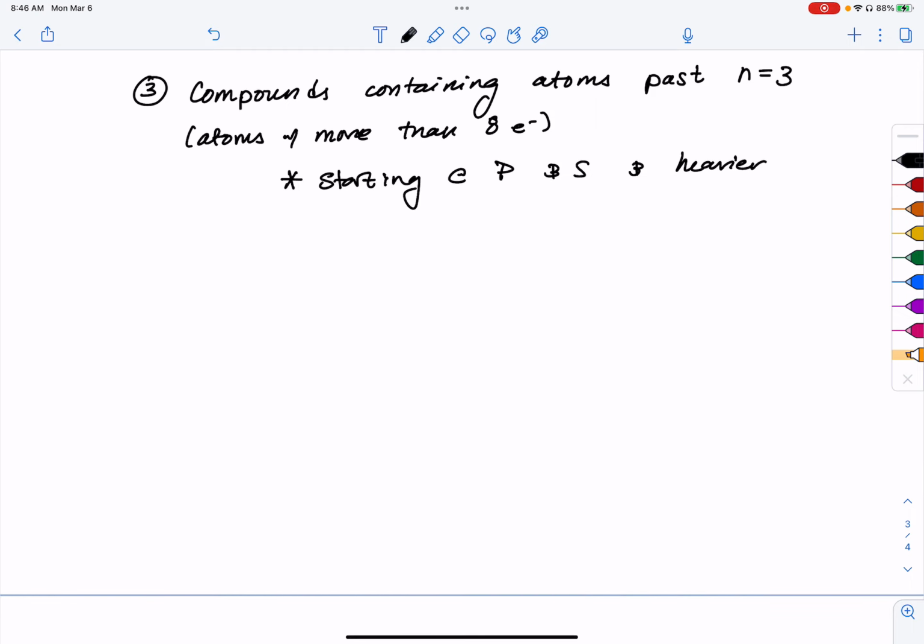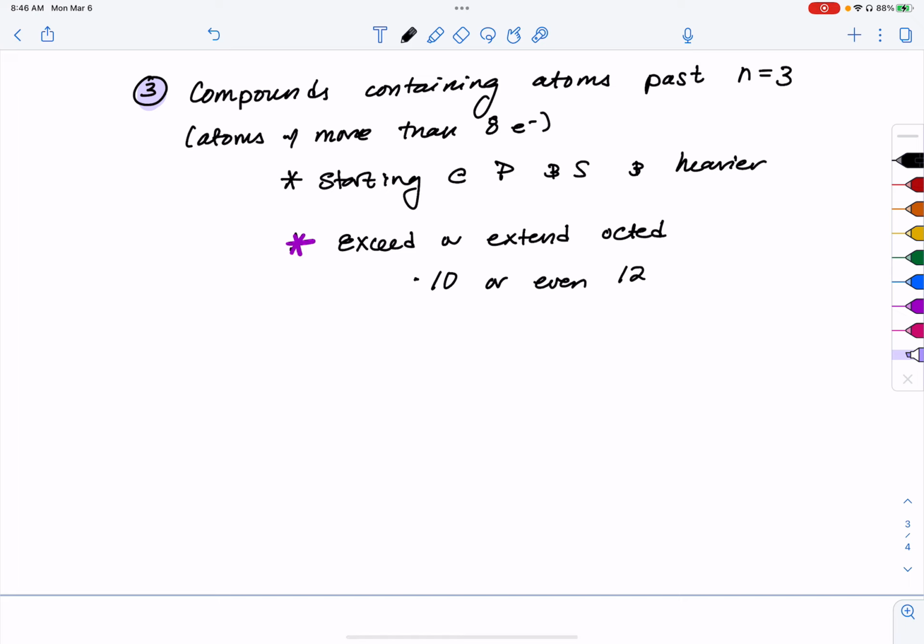Now the exception that happens here is not that we don't fulfill octet in the sense that we have less than 8 valence electrons around each atom in our compound. But what happens here when we've got these larger elements is we can exceed or extend octet such that we can have 10 or even 12